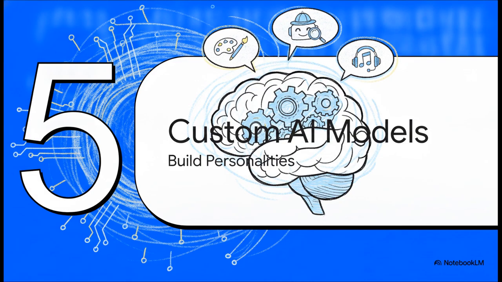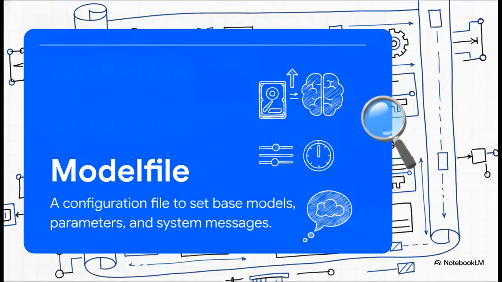All right, let's wrap things up with part 5, building custom AI personalities. To do this, we use something called a model file. Basically, think of it as a blueprint. It's just a dead simple text file with absolutely no file extension. Literally, just call it Modelfile. You drop it into a folder, and inside, you give Ollama the exact recipe for how a new model should act. You pick the base model, you tweak settings like the model's temperature, and this is the fun part, you